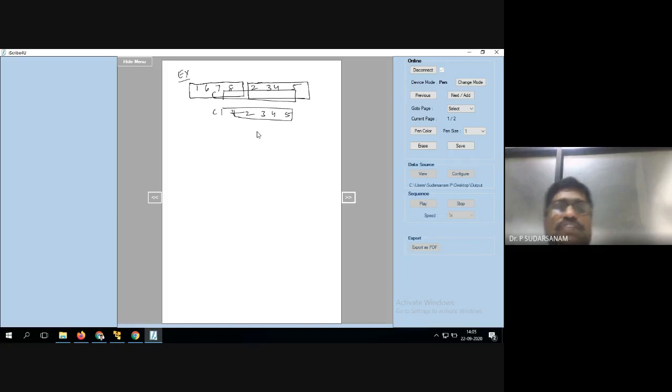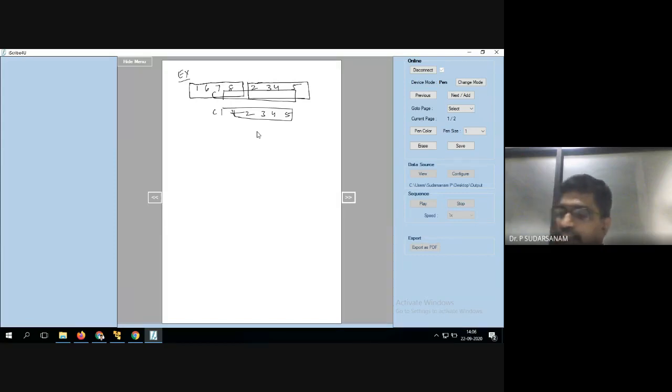But you still have elements in the first part of the array. When the elements 1, 2, 3, 4, 5 are copied to the array C, the first part of the array still has the elements 6, 7, 8. If you have 6, 7, 8, you have to copy those elements.